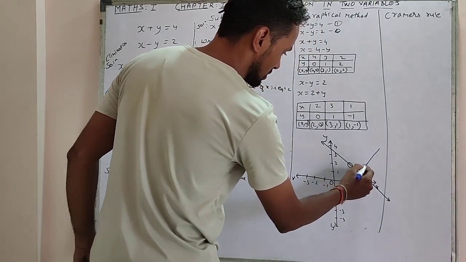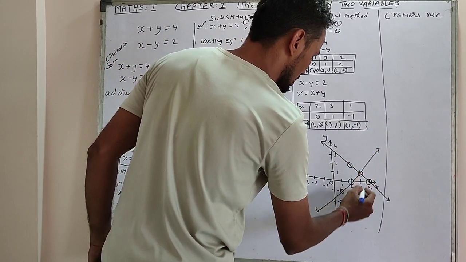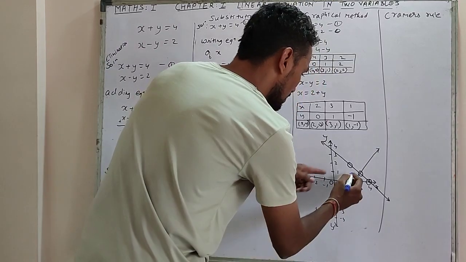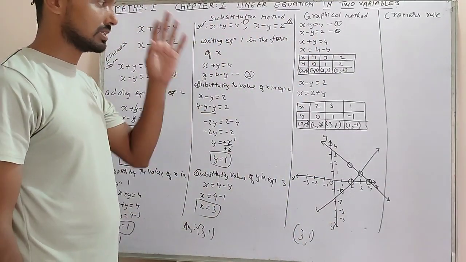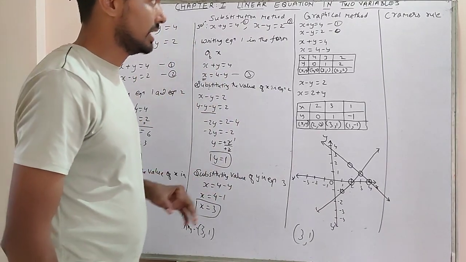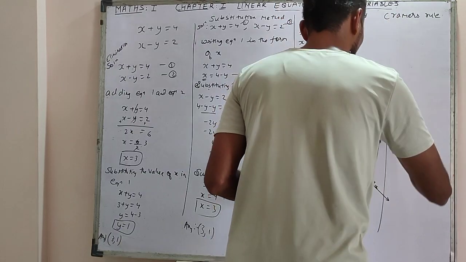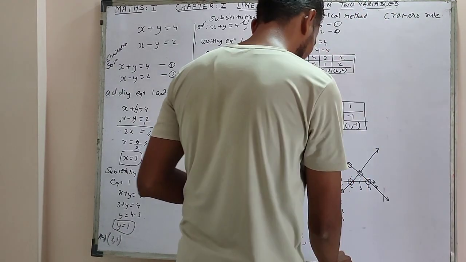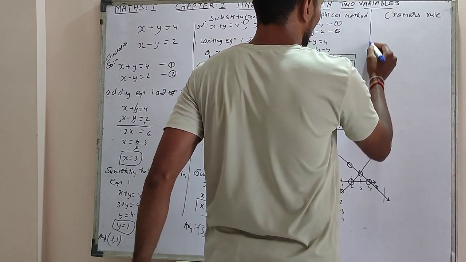So the point where the lines coincide is our answer. What is our answer? It is 3. On x it is coinciding at 3 and on y it is coinciding at 1. You can see the answers are both the same. All three answers are the same. So that is right. I'll just go with Cramer's rule now. That's the fourth one. Cramer's rule, once again it's very easy. I'll give you some hint to memorize that. Let me solve it.